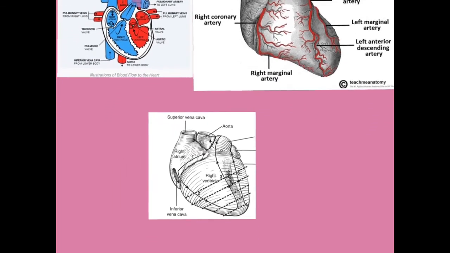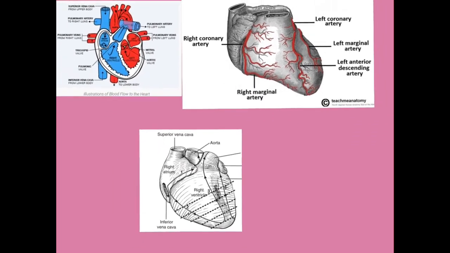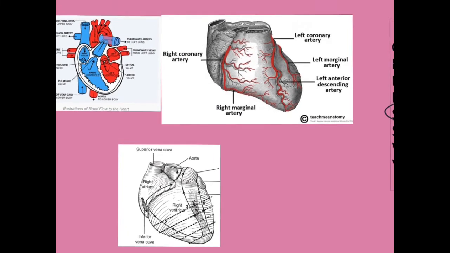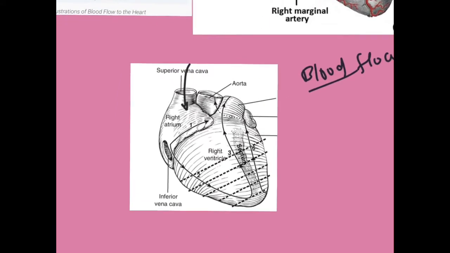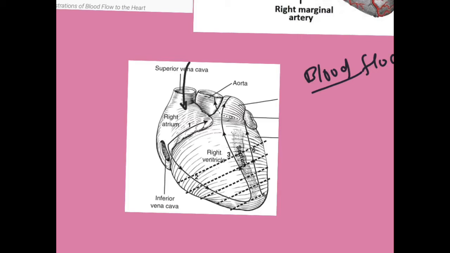Coming to heart dissection, for the UG level basic heart dissection, at least two types of heart dissection you should know. One dissection type is called the inflow outflow method. Inflow outflow method means that you should start with the superior vena cava. Basically you should go with the blood flow when you are dissecting the heart. So you should start from the superior vena cava, then go to the right atrium, then the right ventricle, then go out from the pulmonary artery, then come again through the left atrium and the left ventricle, and then go out through the aorta. This is one way.